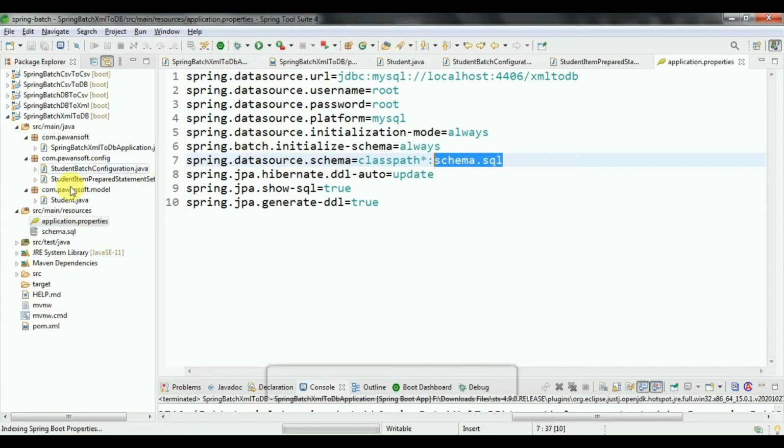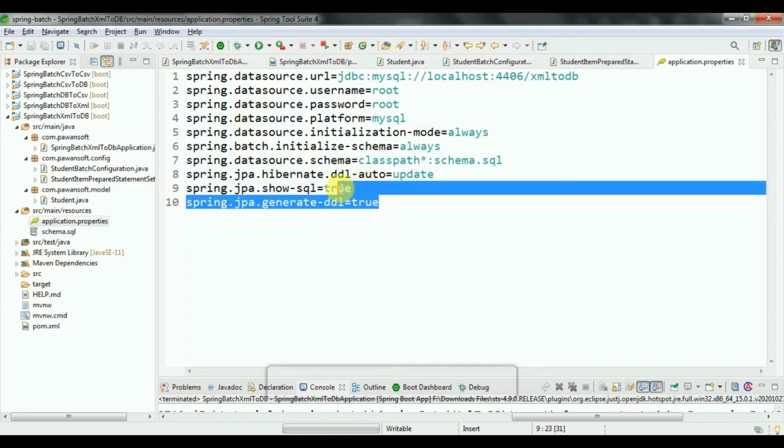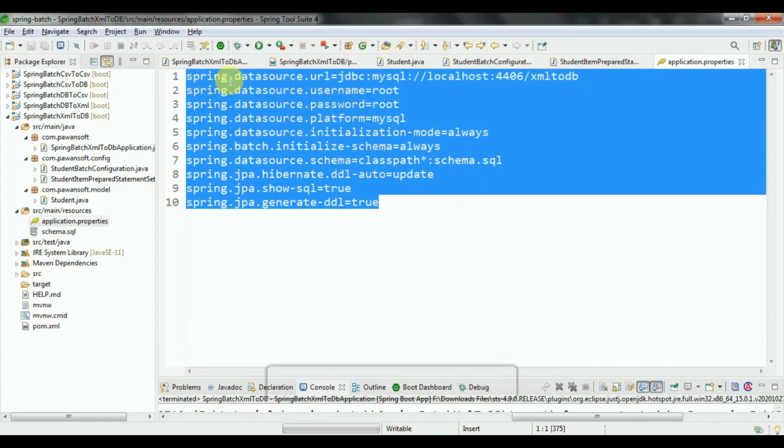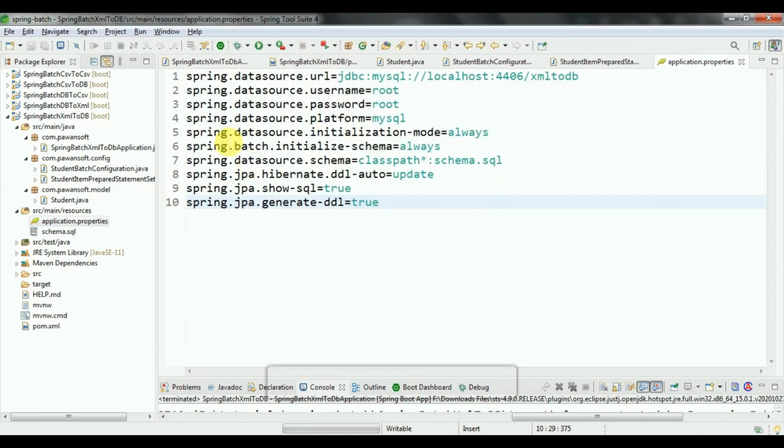You have to create this SQL file inside the resources folder. I'm showing you. After that you have to write the Hibernate ddl-auto, show-sql true to see the query, and generate-ddl. All these properties you have to declare inside the application.properties.